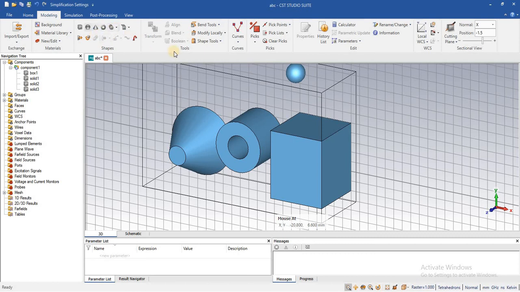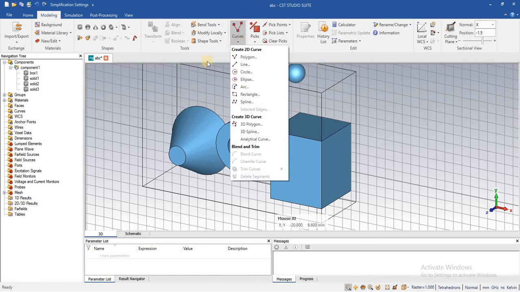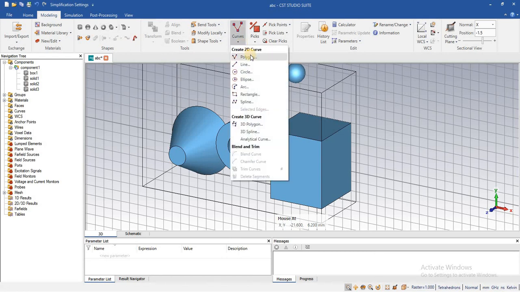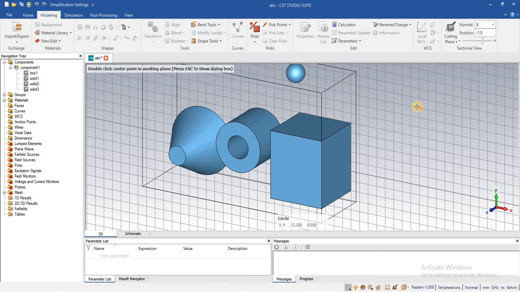Similarly, you can draw other shapes as such. You can practice all these 2D and 3D shapes before starting your CST projects. For the circle, double click where you want to start the radius of your circle, and after that the end point of the radius.